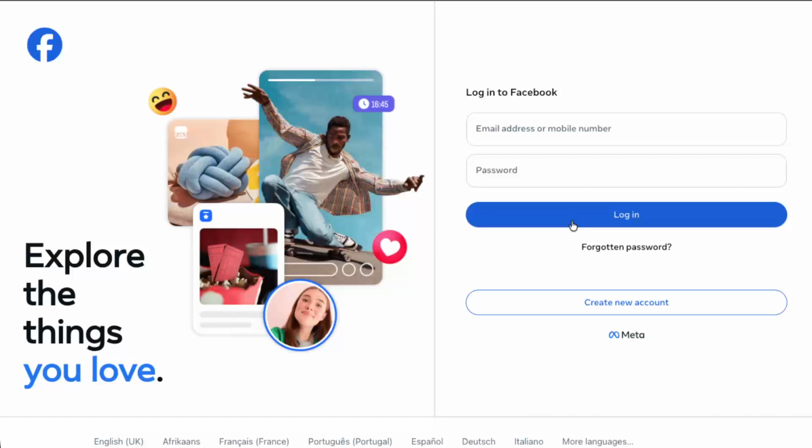Facebook may show you some permission prompts, depending on your setup. Simply confirm and allow the requested access so GoHighLevel can read and send messages on behalf of your connected Facebook and Instagram profiles. After you log in and approve access, you'll be redirected back to GoHighLevel, and the connection will be completed automatically. From that point on, your Facebook and Instagram messages will begin flowing into your GoHighLevel conversations area so you can reply, track,